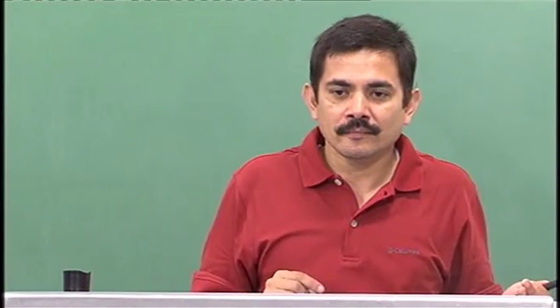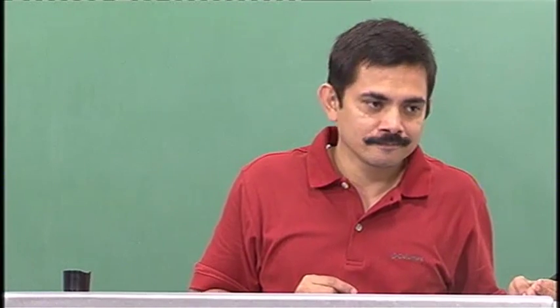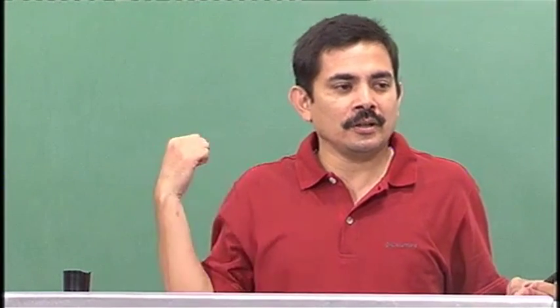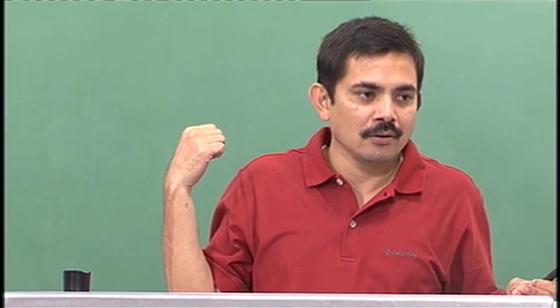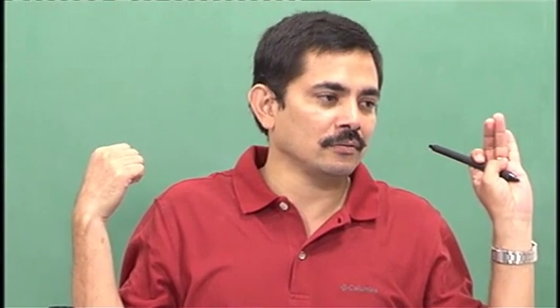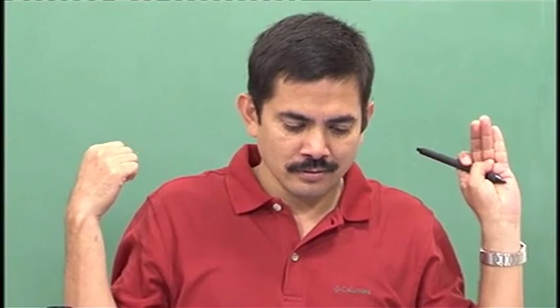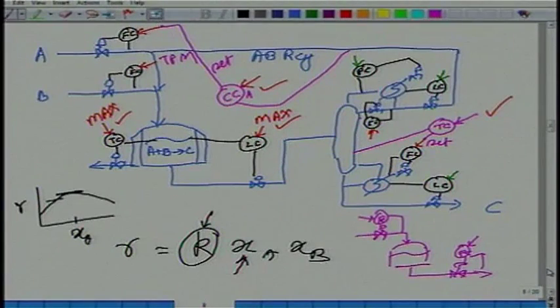Reactor level, max. Reactor temperature, max. Column temperature, product purity. 1 degree of freedom goes for throughput, 4. What else is left? Composition, if there is no side reaction, well, it has to be such that A and B are comparable. 5th, the only thing that got left was reflux. Well, I'll just set it to some reasonable value. Okay? So the moment you start thinking of how do I operate this process well, you are left with nothing essentially.